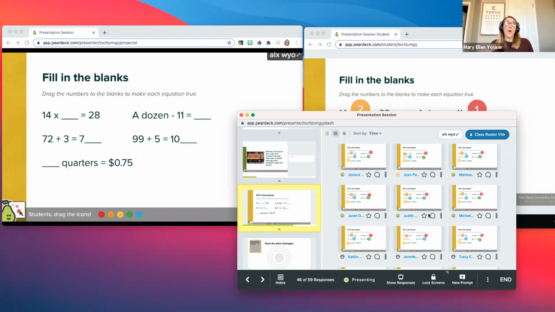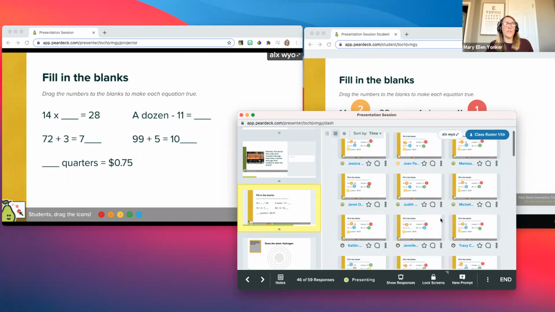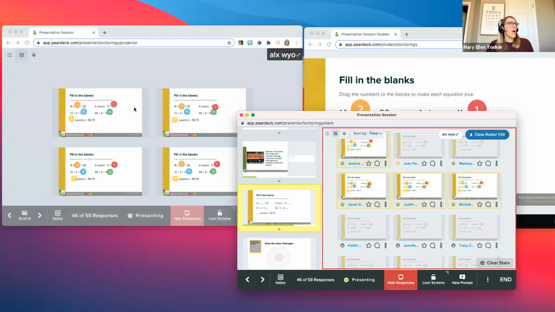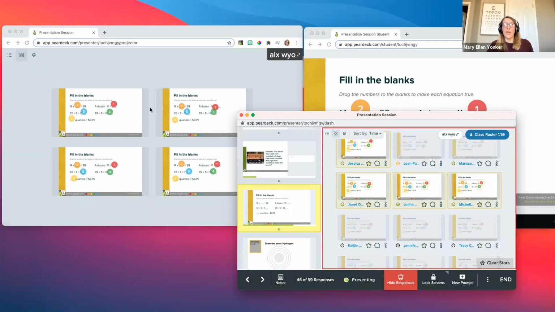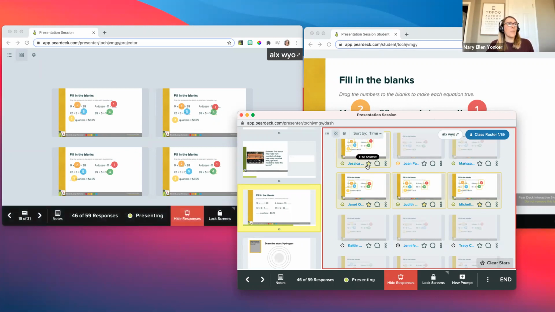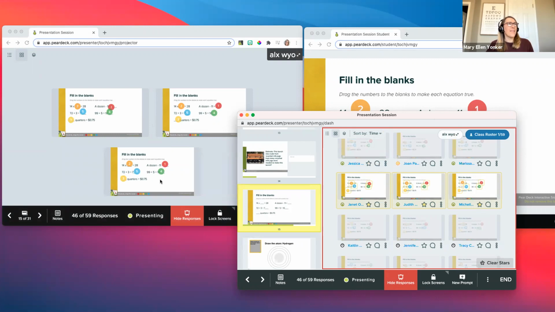So as a teacher on the backside, when my students are working, I can watch their answers coming in, and I can choose some answers that I want to display to my students and star them. When I've starred those answers, so I starred 4 of them, when I show responses, only the ones that I put a star next to are going to appear on my projector screen. If I remove the star, then that answer is removed from the projector screen.